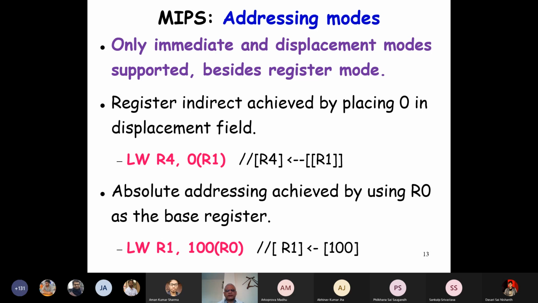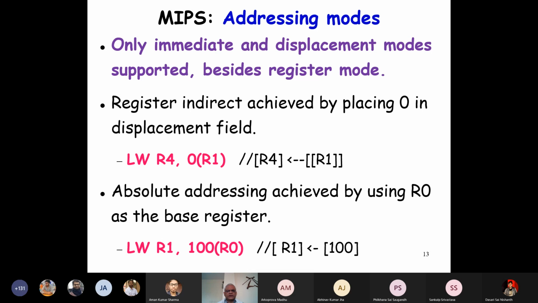We had said that RISC not only has fewer instructions compared to a CISC, but also has fewer addressing modes. Here in the MIPS processor, we have only two addressing modes: immediate addressing and displacement addressing. Okay, three, because we of course have the register direct mode. So there are three addressing modes: immediate, displacement, and the register mode. All others are synthesized from the R0 register.